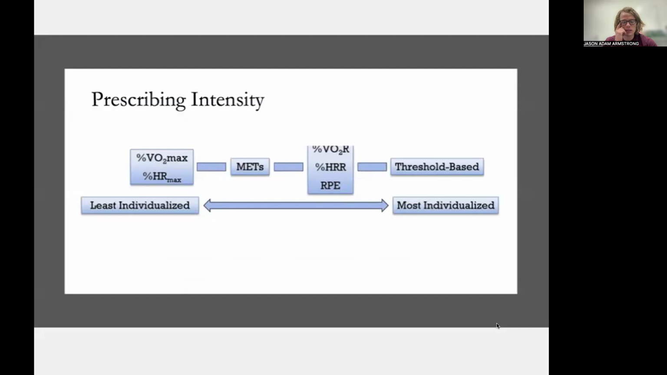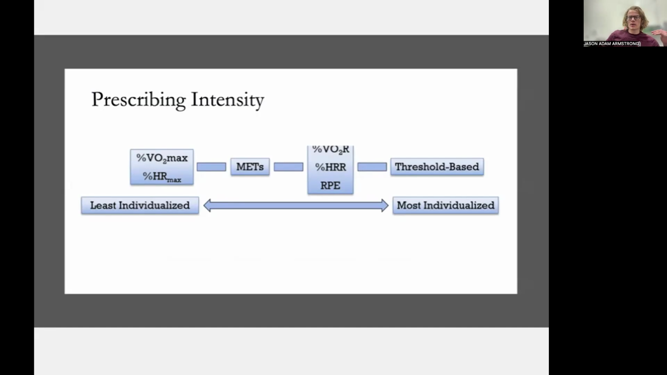Okay, so there's lots of ways to prescribe intensity, and I'm just going to take us through a couple. We would have something that's the least individualized: percent heart rate max is often estimated, as is percent VO2 max, rather than actually measured. That wouldn't be a super individualized method. The other problem with a VO2 max or a heart rate max prescription is what's happening metabolically,